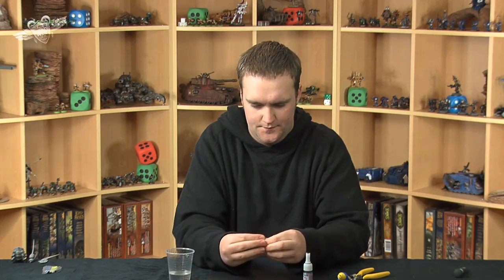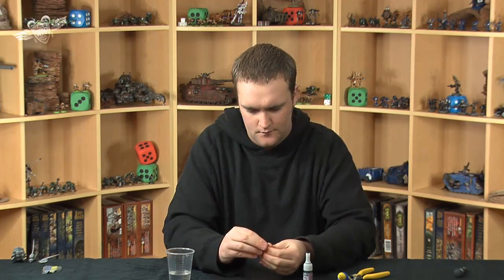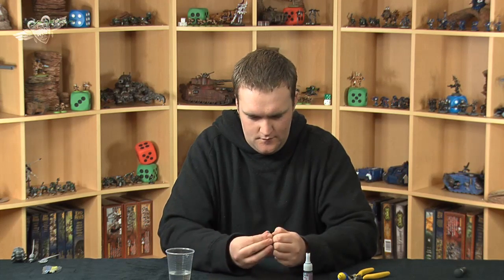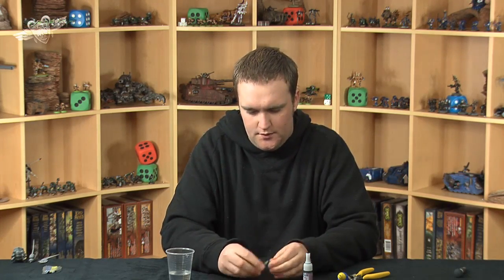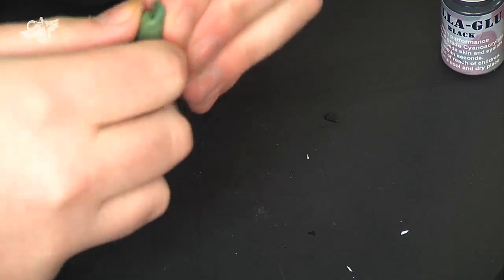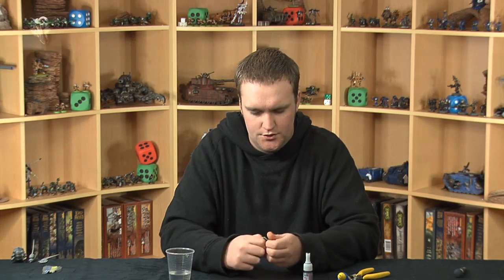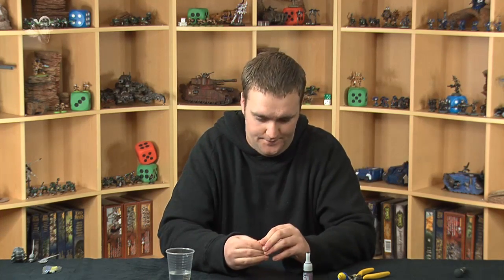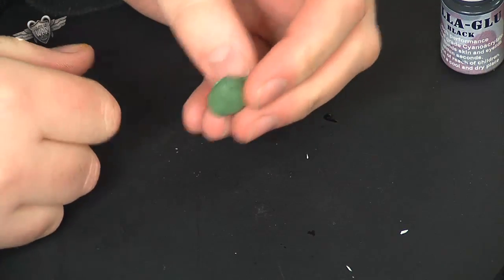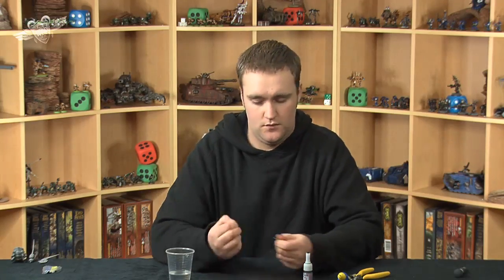If we dab a bit of water into my hand, then we can start to roll and stretch out this green stuff as it mixes. What we're basically wanting as an end result is a uniformly snot green colour. That means that it is actually mixed correctly and that there are no areas in the green stuff that have a slightly higher density of filler or hardener than another bit. So with that mixed as well as we need it to be, the proper knead, not the I-must-have-it-now need,